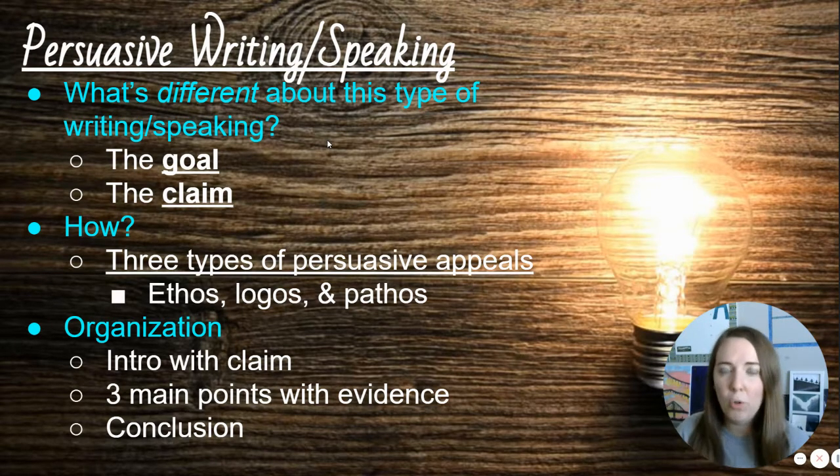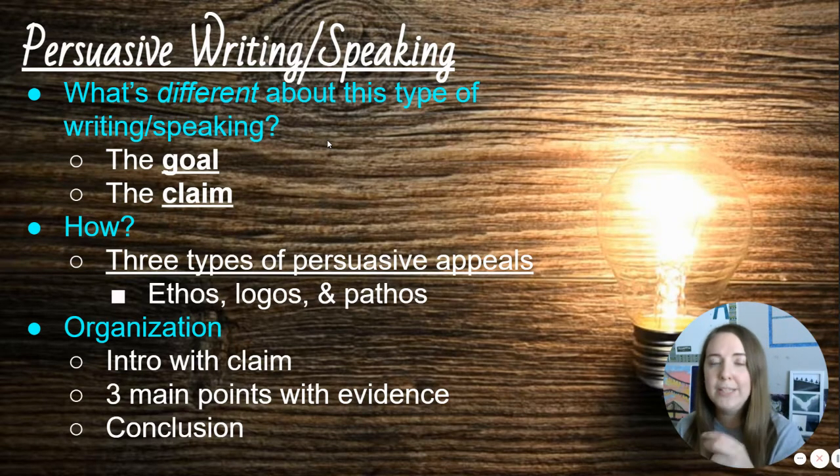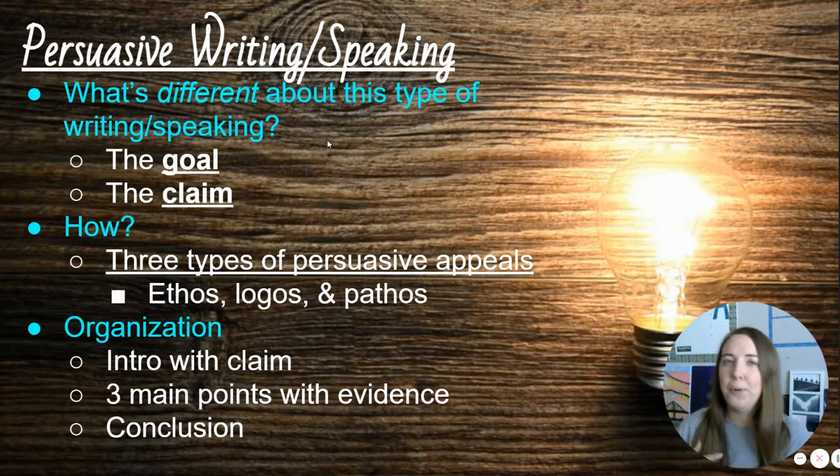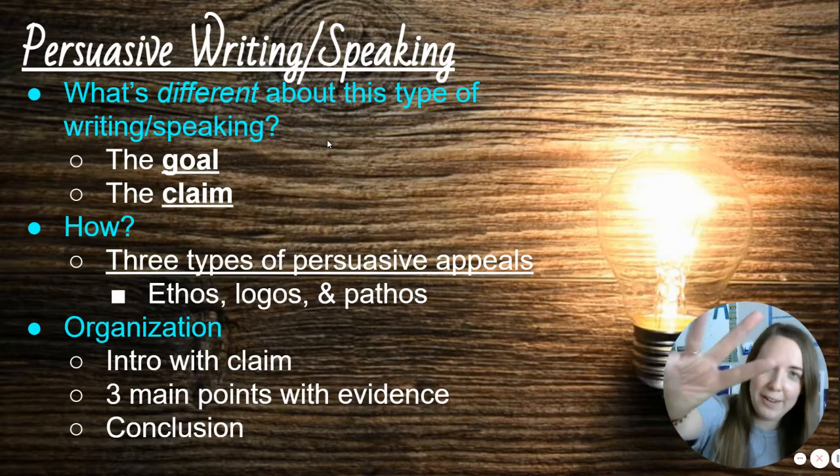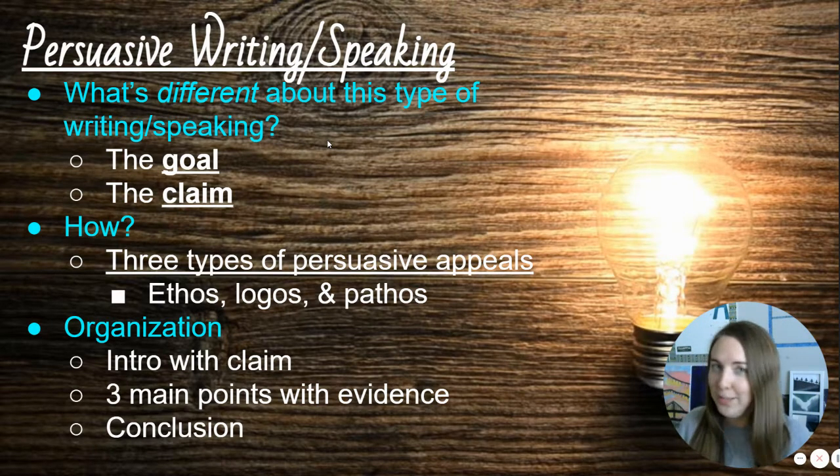Well, you got to think about the goal. Ultimately, the goal is going to be to bring somebody over to your side. Let them see it through your eyes. You're going to do this by making a claim, which is an interesting opinion. And your argument is going to bring up points that back you up with certain types of evidence. These pieces of evidence are called persuasive appeals. There are three ways that we humans like to try to convince somebody to come over to our side of seeing things. They're called ethos, logos, and pathos. Sometimes it's pronounced pathos. That's okay too.